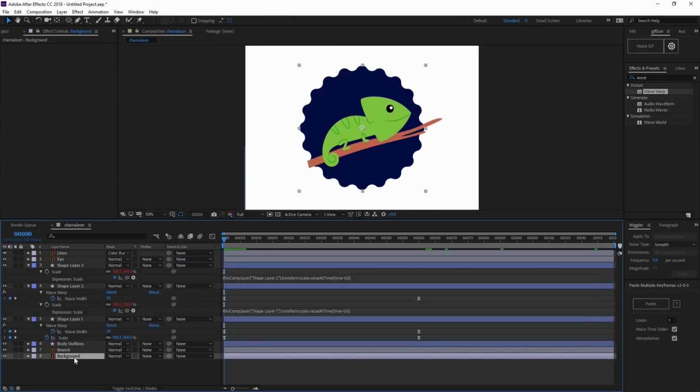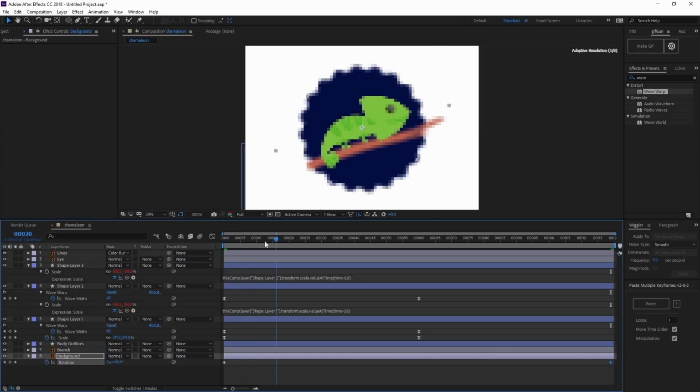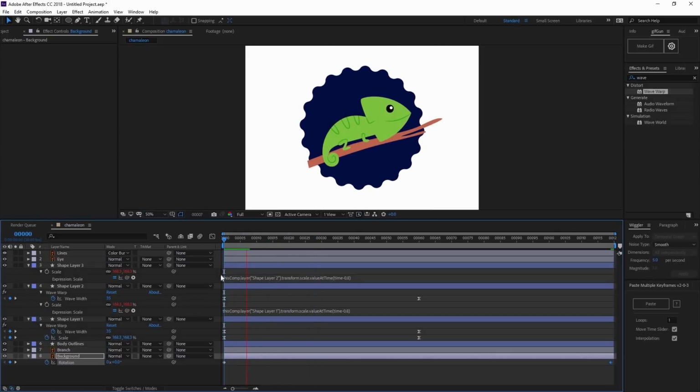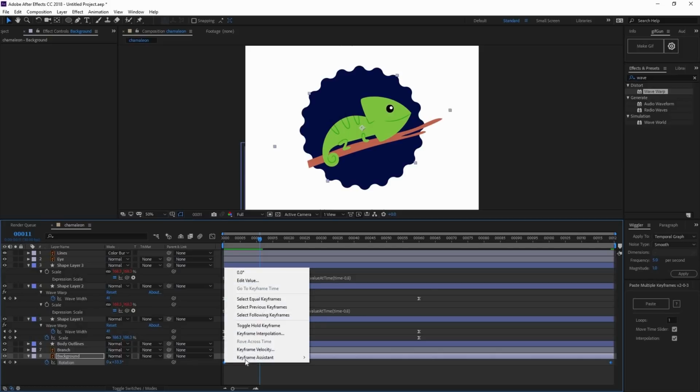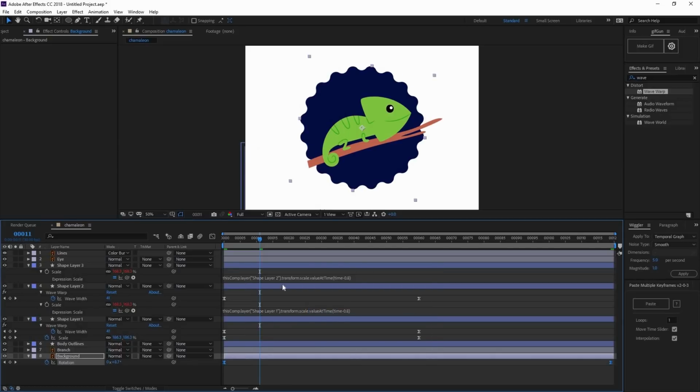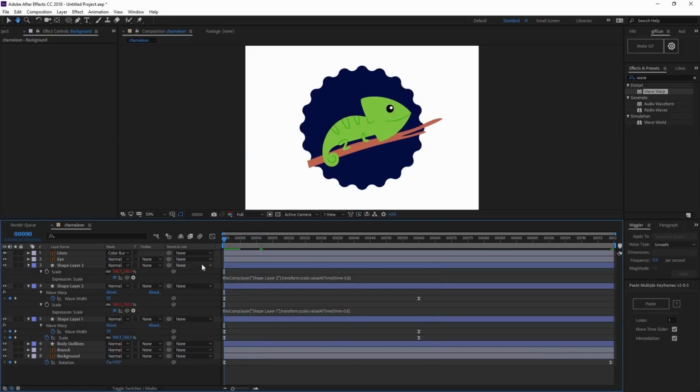So now let's go into our background. Let's open rotation by pressing R. Let's add a keyframe on the first and a keyframe on the last. And we're gonna go 1 full rotation, so it's gonna be 360. And what I can do is select both, go keyframe assistant, easy ease. And what that's gonna do is it's gonna take some speed and then slow down at the end,